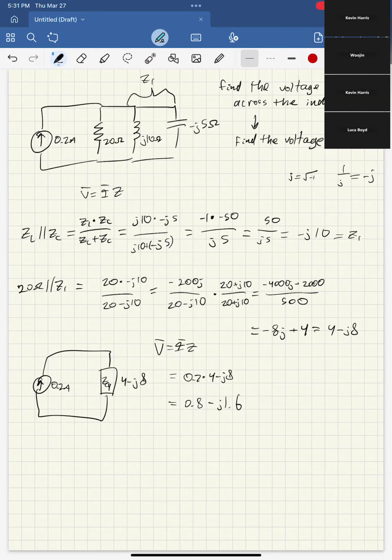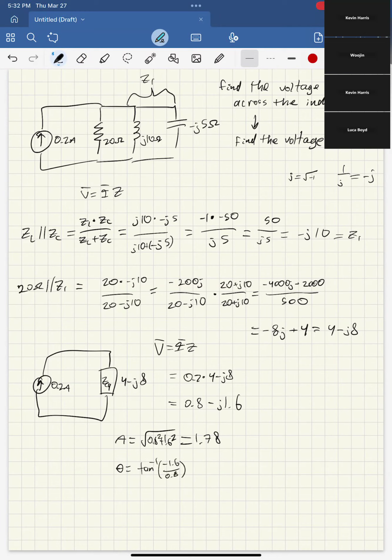what? Did I do this right? Let me make sure I'm doing this right. 0.8 squared. Yeah, okay, cool. So the square root of 0.8 squared plus 1.6 squared gets us 1.79, or like 1.78-ish. And then that theta equals the inverse tangent of negative 1.6 over 0.8,